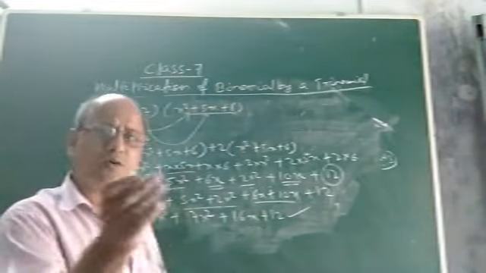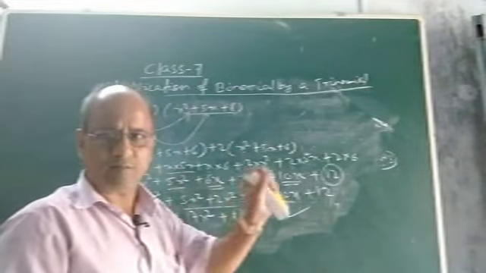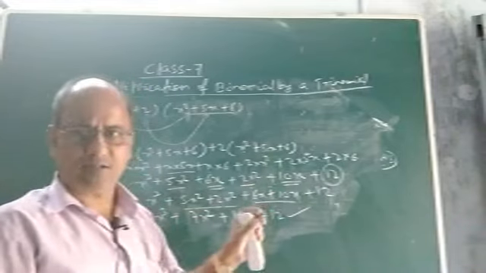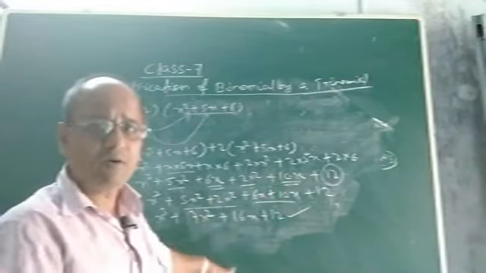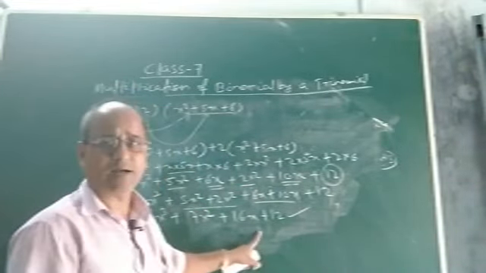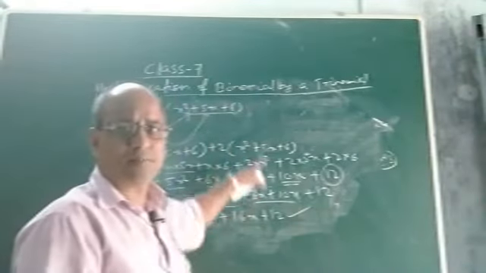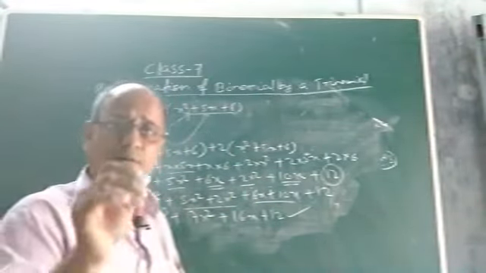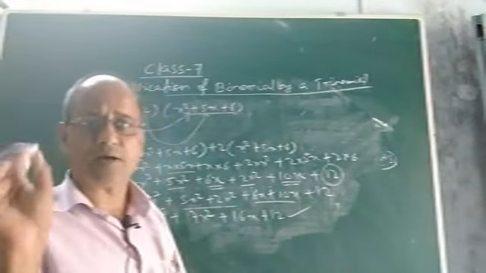And in a similar manner you can verify. If you are given some value of x, for any value of x, the product can be verified. How? By putting that value in the LHS. This will be the left hand side, this will be the right hand side. So for any value of x, you can easily verify the product to confirm that your multiplication is okay, I mean correct in all respects, that you have found the product correctly.